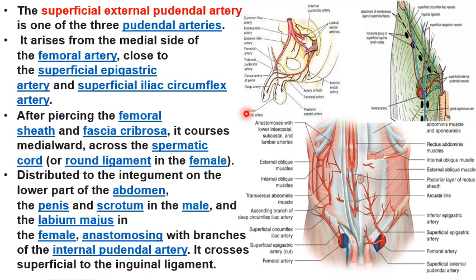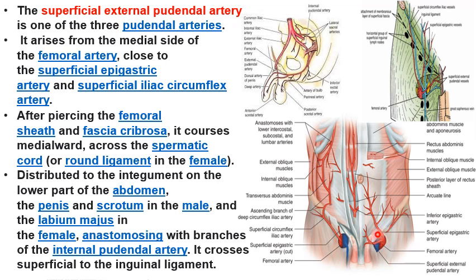Coming to the superficial external pudendal artery. So this is the superficial external pudendal artery. This is the superficial epigastric artery. This is the superficial circumflex iliac artery. We have done these two. The other superficial branch, the third superficial branch, is the superficial external pudendal artery. So this superficial external pudendal artery is one of the three pudendal arteries, the other two being the internal pudendal artery and the deep external pudendal artery. So this arises from the femoral artery